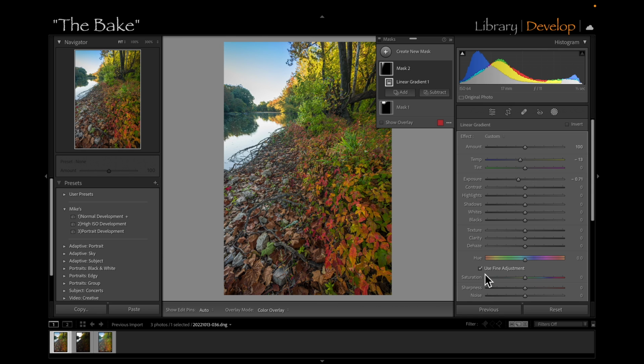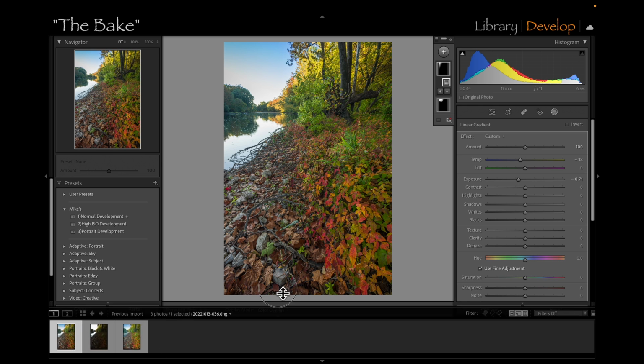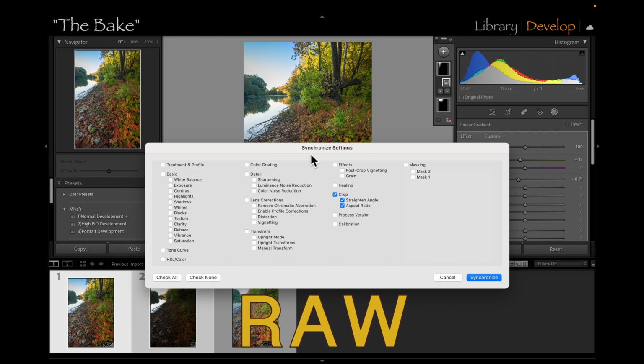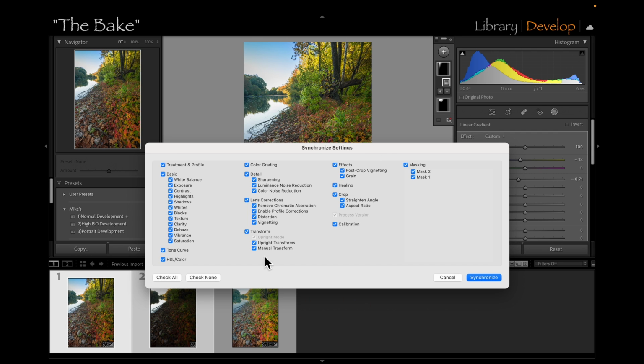Okay, let me remove the mask, and we're going to go down here, let me make this a little larger. I've already corrected this one. It doesn't look quite like this one, but I need to carry this over to this image. So I'm going to click on the second image, and then you get this. Synchronize settings. Check all. And sometimes the mask isn't clicked on, so you want to make sure those masks are